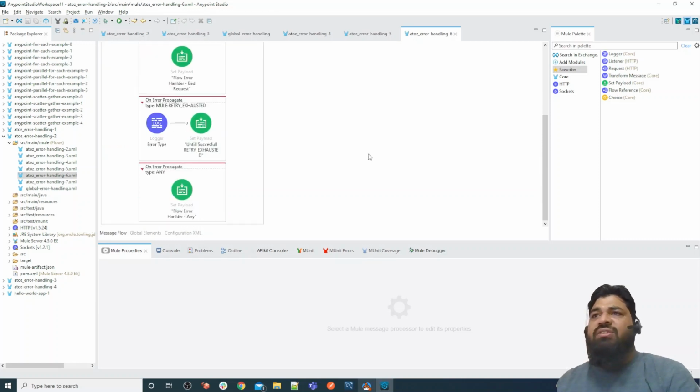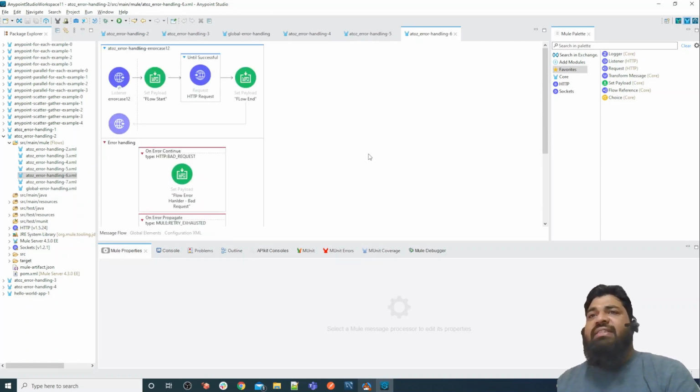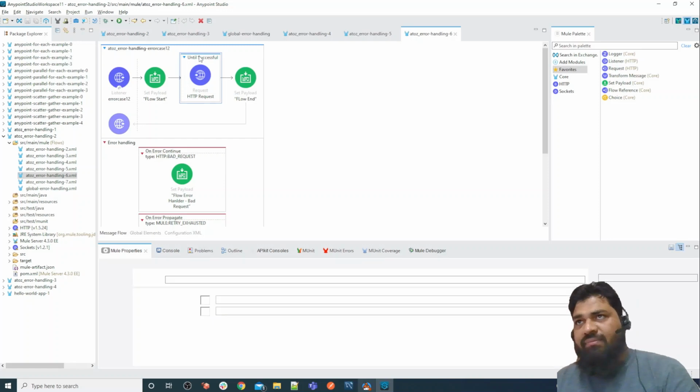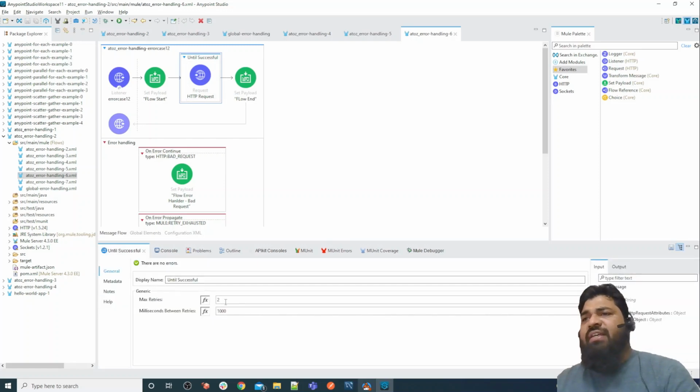Let me show you how exactly Until Successful works. So what is Until Successful? It will try multiple attempts. As you can see, we have 2 max tries, and we have a time gap between multiple tries: a 1 second time gap.